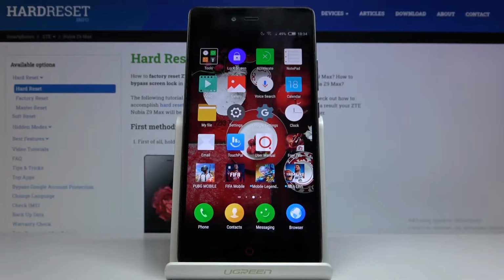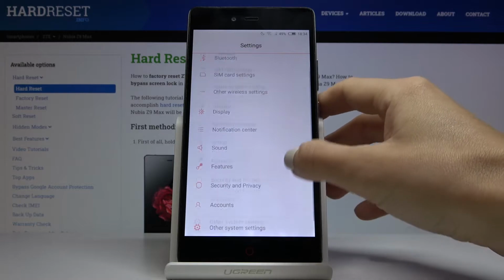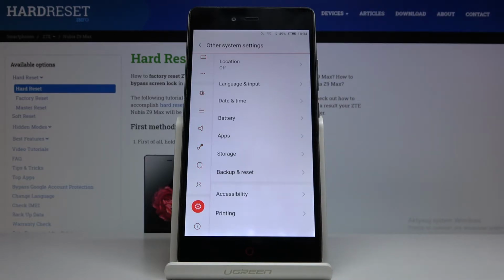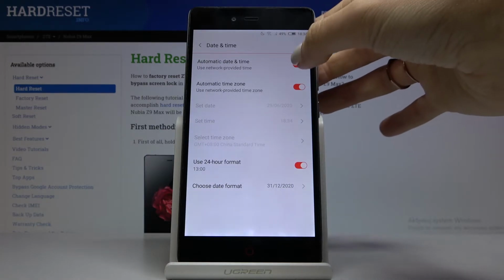In front of me is ZTE Nubia Z9 Max, and let me show you how to change date and time on the following device. So first of all, just open the settings, then find and select other system settings and click on date and time. And as you can see, you can either have an automatic date and time or you can turn it off,